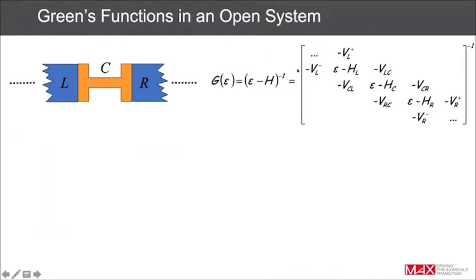And in this particular case, it will be the inverse of an infinite matrix, because the left and the right electrodes are infinite bulk material. So this matrix will go on forever. You have the coupling, the energies here in the central region and the couplings with the right and left region. But then in the right and left region, you have semi-infinite matrices here and here. So that's something that you cannot compute in practice, but there is a very nice trick,